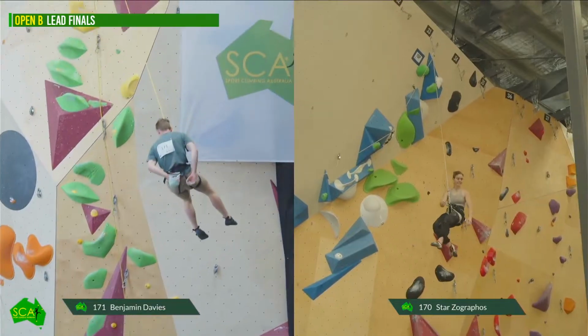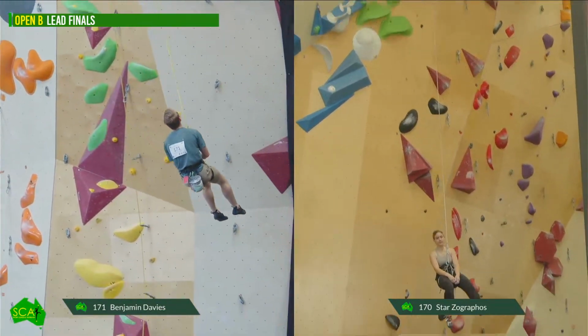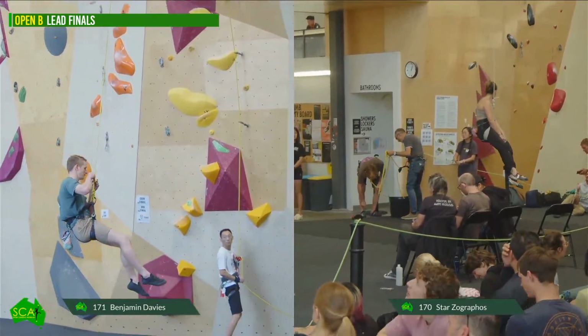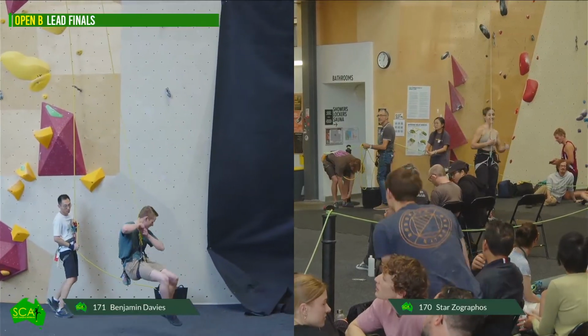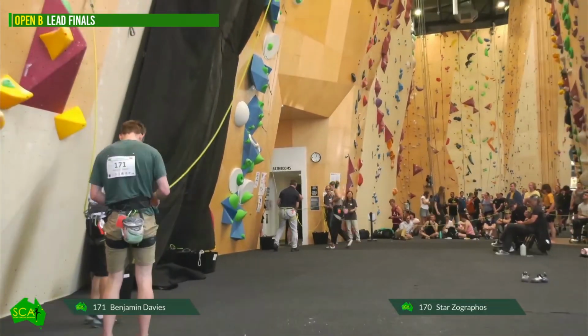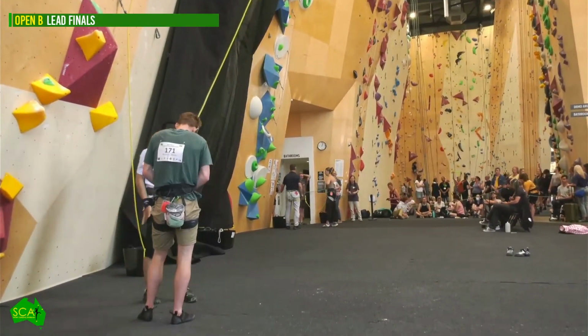He went for the big yellow sloper out to the right for Benjamin there. Epic, got a top, and Benjamin. It looked like he had plenty left in the tank there. I think that was just a bit of route reading. I always get a little concerned when people cheer when they get the top over and lead. Like, let me see the clip. Yeah, get that done. The clip. Yeah.